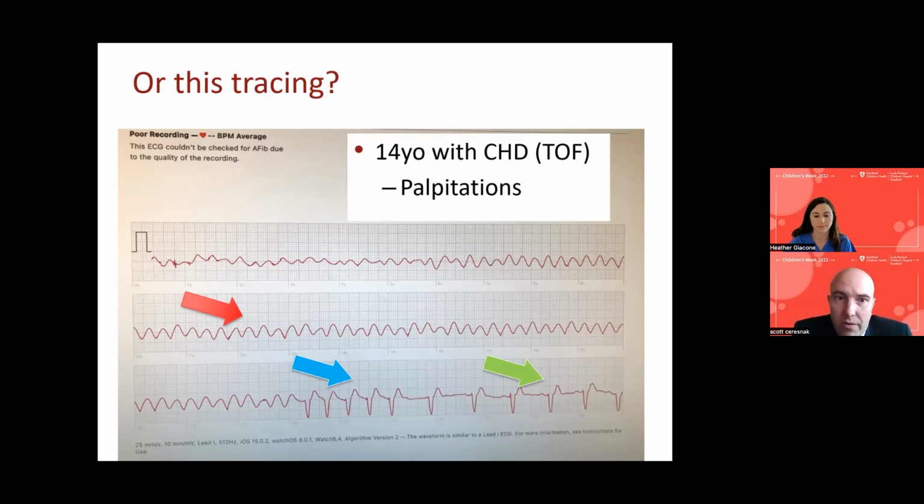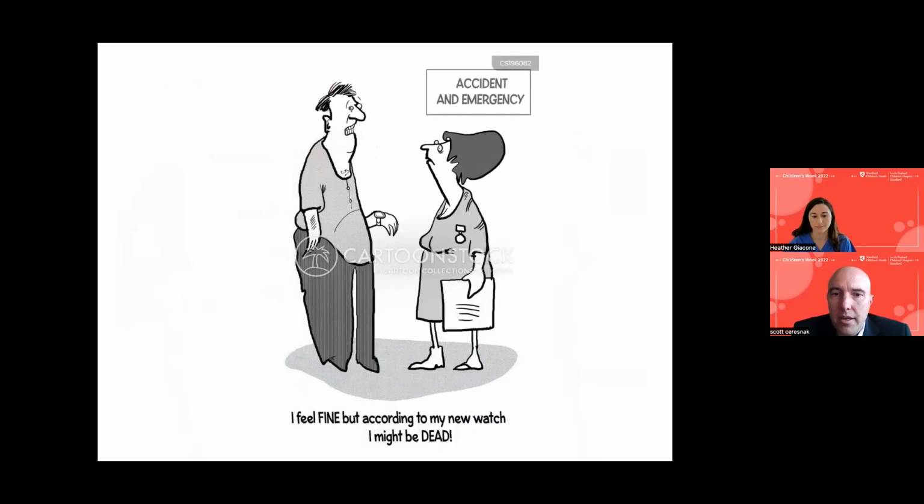I can tell you when I first looked at this, I was wondering if these are QRS beats in here. And also it's wide. The patient has tetralogy of Fallot and likely has a baseline bundle branch block, so to see a wide rhythm would not be that surprising. Curious to see what most people here think, but when I first saw this, I was a little skeptical. I saw this change between the blue and the green, which made me curious if maybe this was true. So we decided, let's see if we can document this with another monitor.